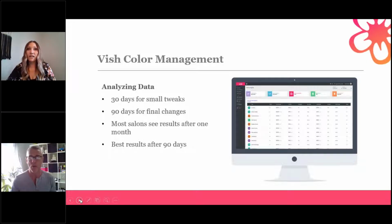That's awesome. And then how long is it going to take to start seeing enough data before the salon can implement any changes that would be needed in how it dispenses color? Well, that's a great question. In fact, we do that right away. Salons are able to see from day one when they launch the system and go live in their salon with Vish, we're able to start generating new revenue right away. What I mean by new revenue is that some of you are doing those bowl charges when somebody uses an extra amount of color, but it's not collected every time. It's not consistent. We see across the board that at least 15% of the revenue is being missed. So right off the bat, you're able to start generating new revenue, and Vish pays for itself